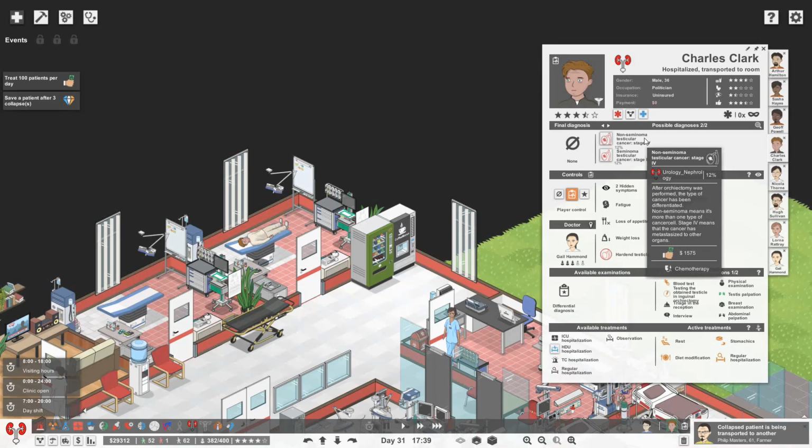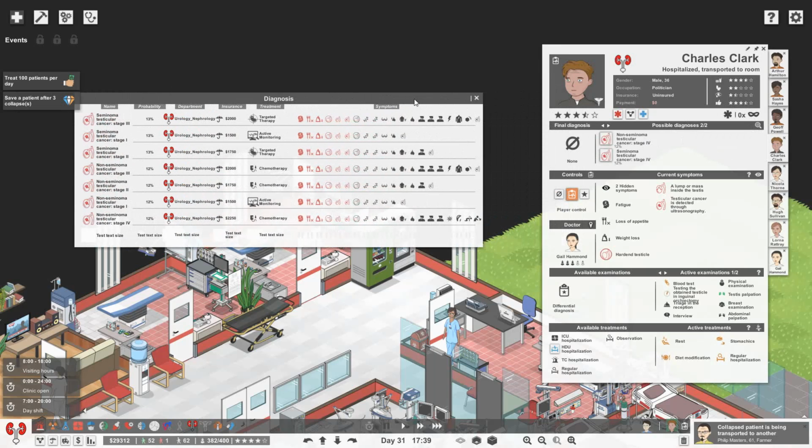Non-seminoma means it's more than one type of cancer cell. Okay. So how would we differentiate between them? It looks like I can't actually do any more tests, which doesn't really help. So that means it's been done, doesn't it, if it's green? Finish revealed one or more symptoms. Okay. So we kind of need to...